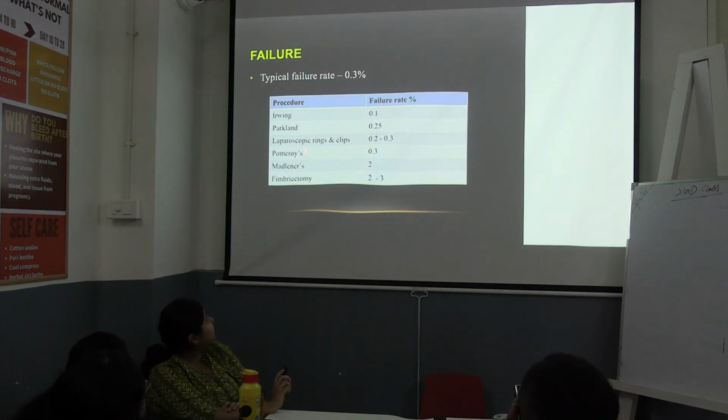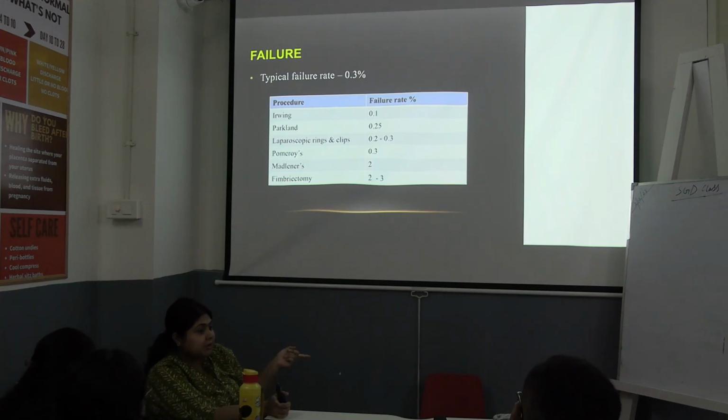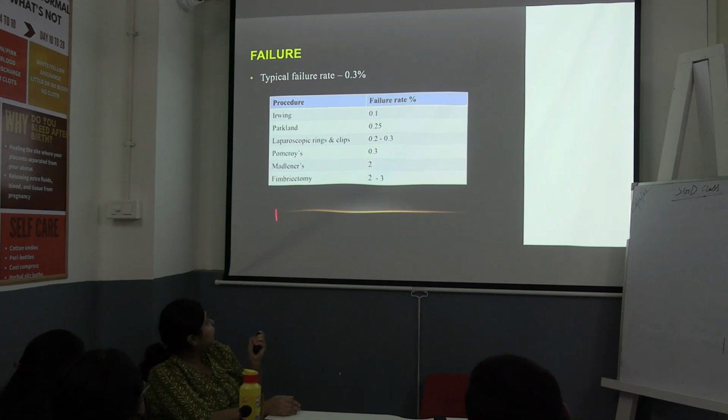Now, typical failure rates, what we were talking about. For the laparoscopic ring, it is only 0.2 to 0.3% failure rate. In the case of Irving's and Uchida, as we studied, one end of the tube was inserted within the myometrium and the other was in the mesosalpinx. So there was so much distance between those tubes that they cannot get recanalized. So the failure rate is very low in Irving, 0.1%, and Pomeroy's is 3%, whereas Madlener and Kroner's fimbriectomy, what was it? Madlener was crushing the base, and in Kroner's fimbriectomy, only the fimbria was cut out. See, the failure rate is more.